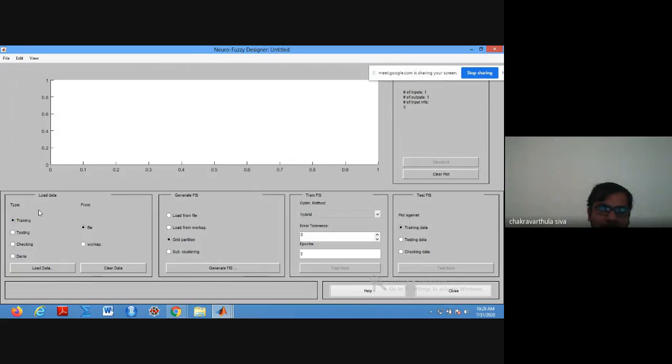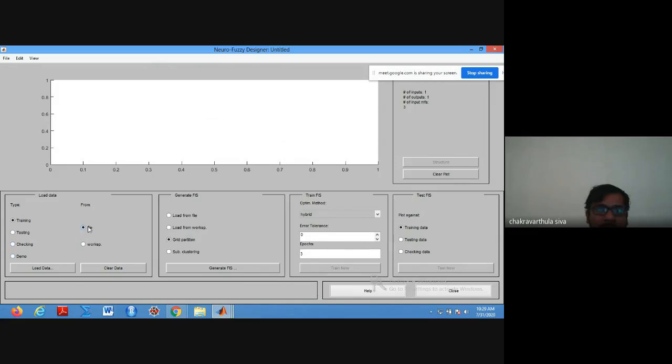In the load data section, we have the type of data, depending on whether you are applying training data, testing data, or checking data. You have to select what you are looking for, and then choose where to load the data from, either from a file or from the workspace.